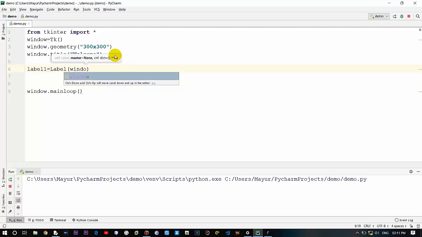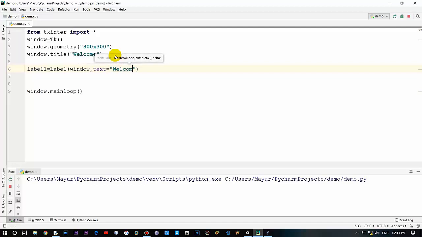Whatever widget you create in Tkinter, you need to provide the Tkinter window as the first argument. So window, and providing a text, "Welcome to Tkinter",